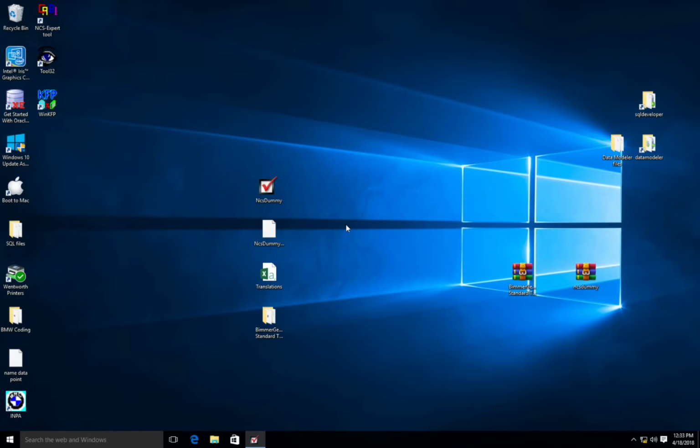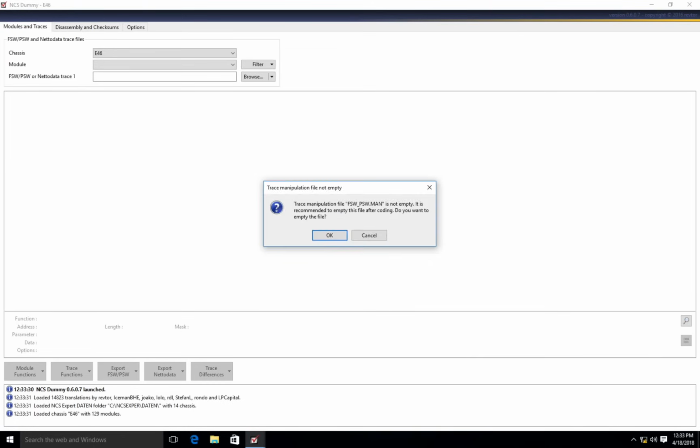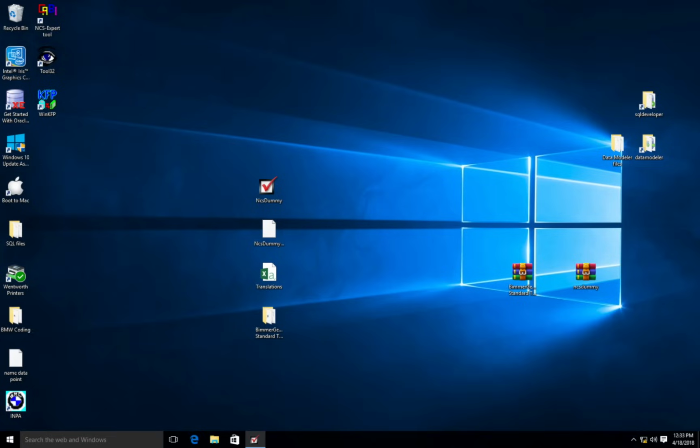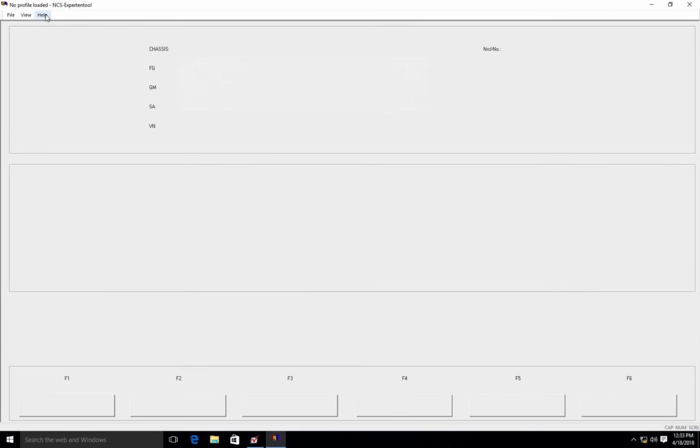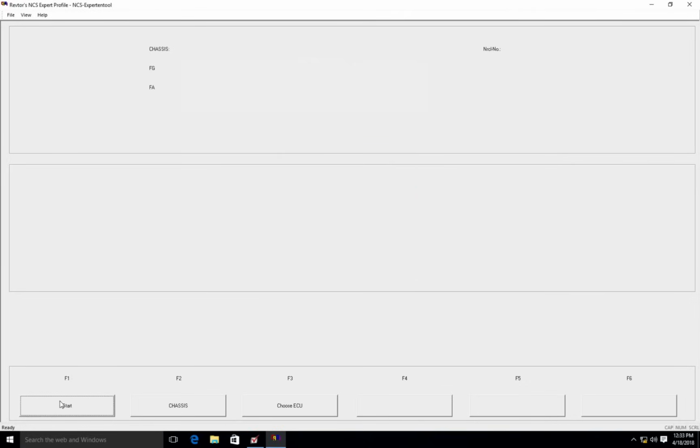All right, so the last thing I'm going to show you how to code is the double impulse flashers, and I'll show you some other ones that you should be able to code in here as well, if I can find them. So you're going to want to open up NCS Dummy, and then exit it, and it's going to say the man file is not empty, recommend that you empty it after coding. We already coded once, so we're going to click OK. Next, we're going to open up NCS Expert, make sure your car is in position 2, go File, Load Profile, RevTours, NCS Expert Profile, OK. Then we're going to click Start,